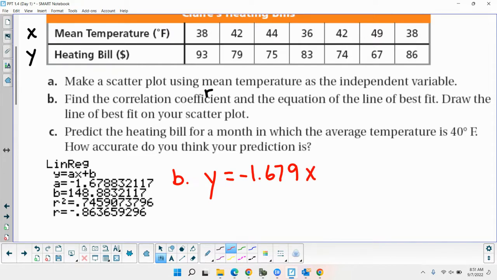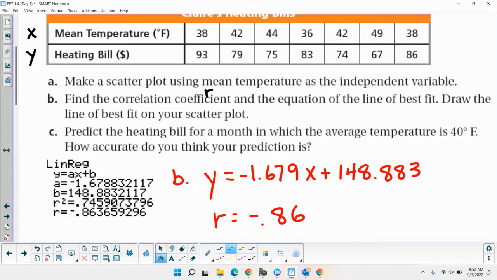And then our y-intercept B is 148, and it's positive, so we'll put plus 148.883. Just trying to be pretty accurate, so that's why we're going to thousandths. Okay? Our R value, you can round to hundredths, negative 0.86. Okay? So we found the correlation coefficient R, our calculator did that, and we found the equation of the line